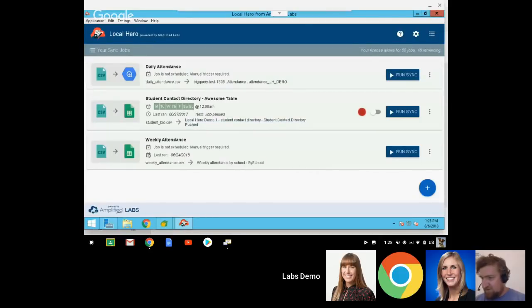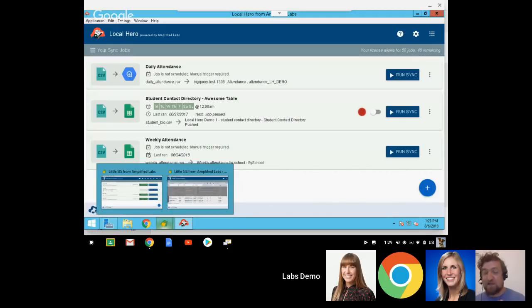So here is actually a Windows server, and I'm on a Chromebook right now. I want to call that out. It's super interesting. I'm remote desktoped into a Windows server that's running on Google Cloud. So Google is hosting this Windows server. For those of you that are just getting used to the idea of GCP, you don't have to run Google products on GCP. GCP is compute as a service. So I'm running a virtual machine that I am renting the compute power for from Google, and I'm running Windows Server. And the reason I'm doing this is a lot of districts are still very much attached to Windows Server,